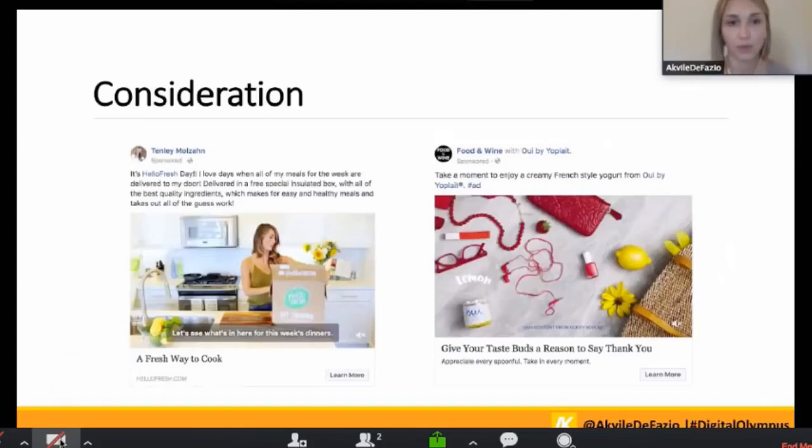But what I want to really emphasize on this one is that at the bottom, you can see that there's a caption over it. So regardless of the type of video that you're doing, I cannot recommend enough to add captions. It's very easy at the ad level in Power Editor to add captions, and Facebook will just scan your video for any sound and put together all the captions for you, and you can easily go through them and edit anything if it's not a common phrase like a brand name. So definitely add those, because autoplay tends to be on mute, and a lot of people do tend to watch Facebook videos if they're somewhere in transit or maybe in the office or wherever they may be, that they have to listen to it on mute.